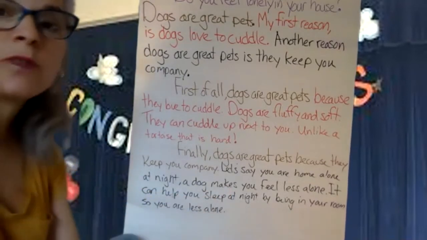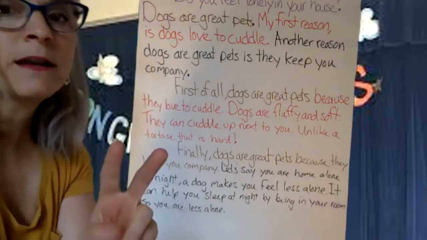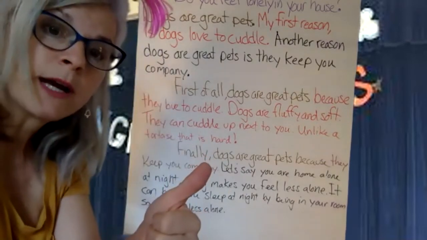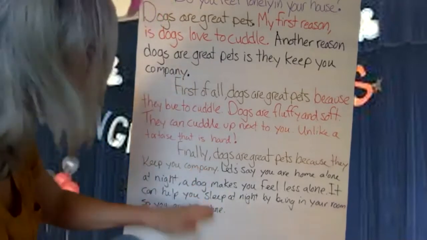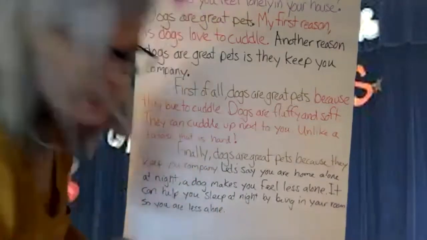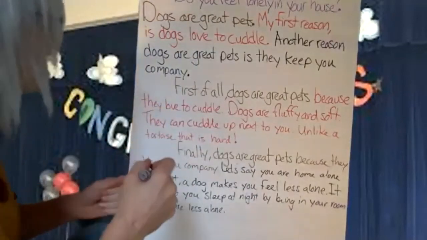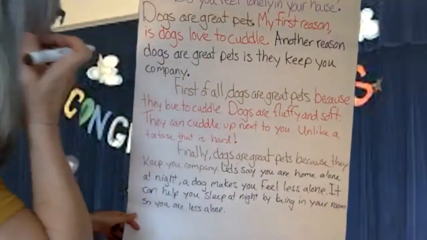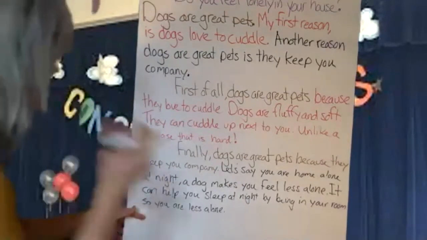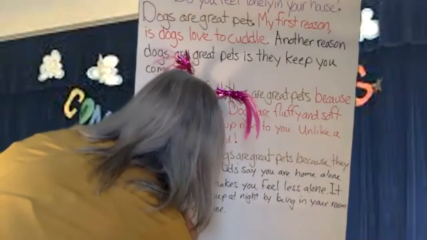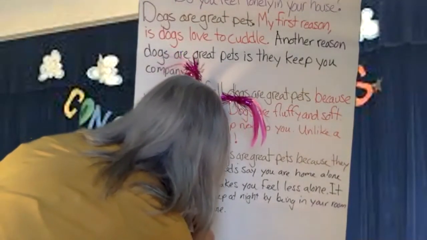In a conclusion, we do 2 things. We remind our readers of what our argument was. So we start out with a sentence that's something like, so remember, dogs are great pets because they're soft and they keep you company. So that's what we're going to do first, is remind you. So remember,